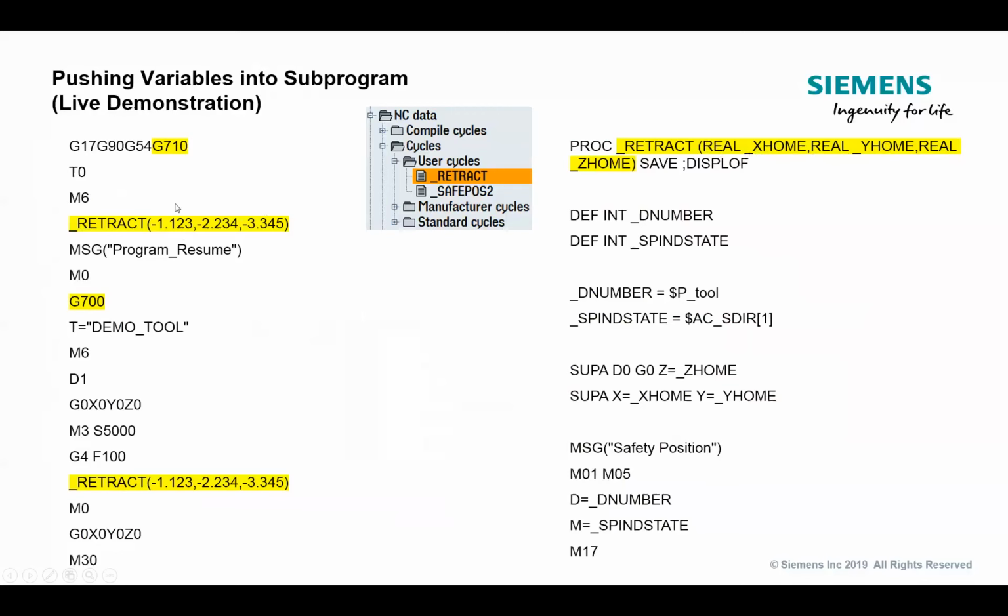So my X home position, that's going to be variable 1. My Y home position is variable 2. My Z home position is going to be variable 3. So that's why if you look at this string, this PROC statement, 1, 2, 3, X, Y, Z, I just got to match that in my part program. But this is the behavior. Now you're going to look and you see, look how much simpler